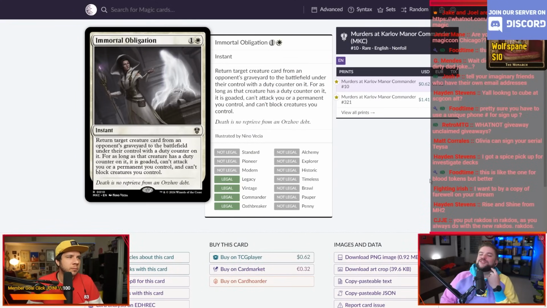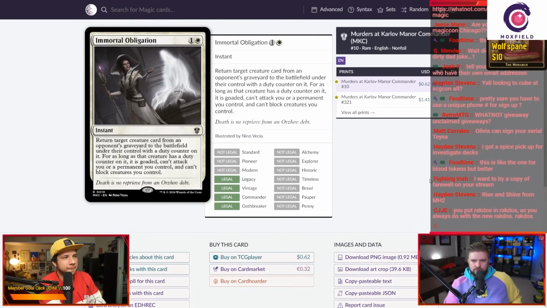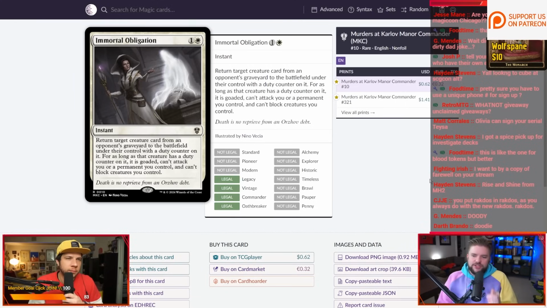Immortal Obligations, and it's instant speed. One white, one other. Return target creature from an opponent's graveyard to the battlefield under their control with a duty counter on it. Yeah, he's on duty. Look at you, getting your dad jokes going. For as long as that creature has a counter on it, it is goaded, and can't attack you or a permanent you control, and can't block creatures you control. This is interesting. At end of turn, return Jake's huge thing to his battlefield. It's goaded and